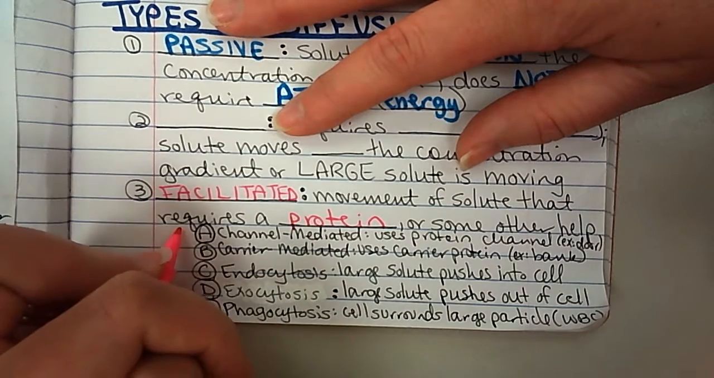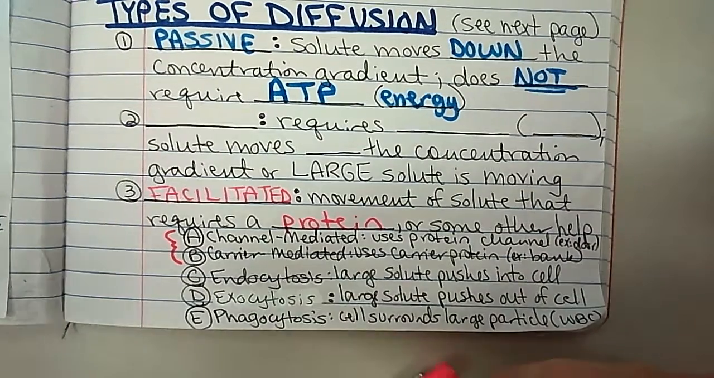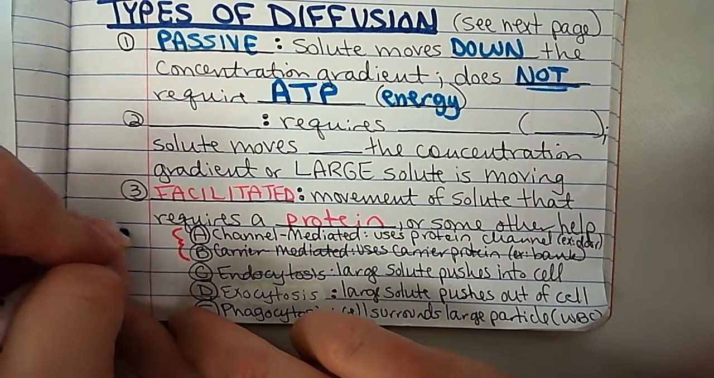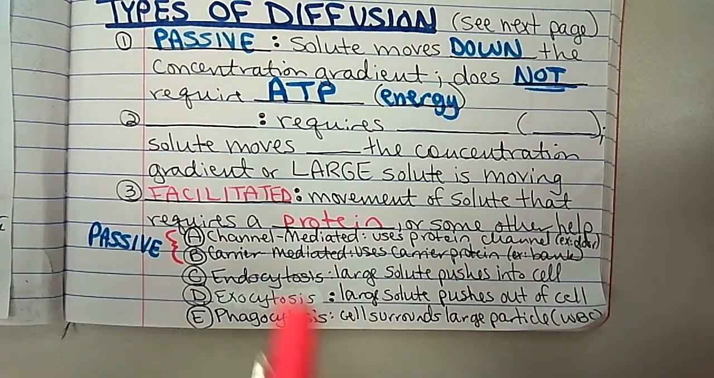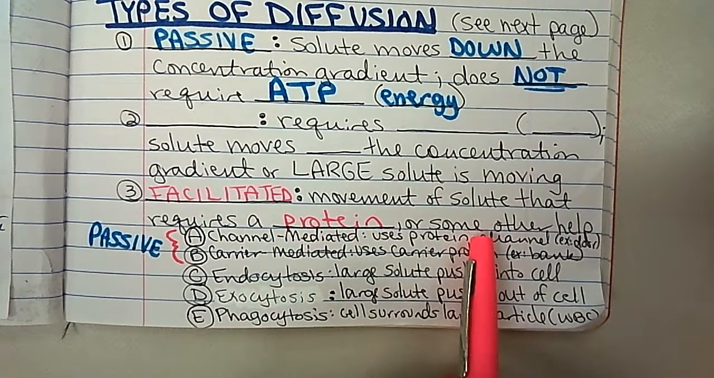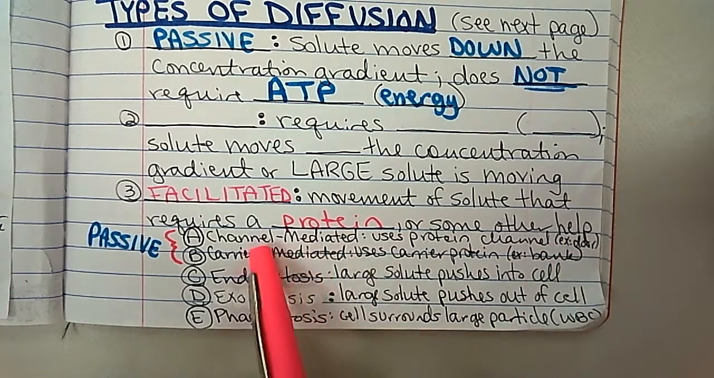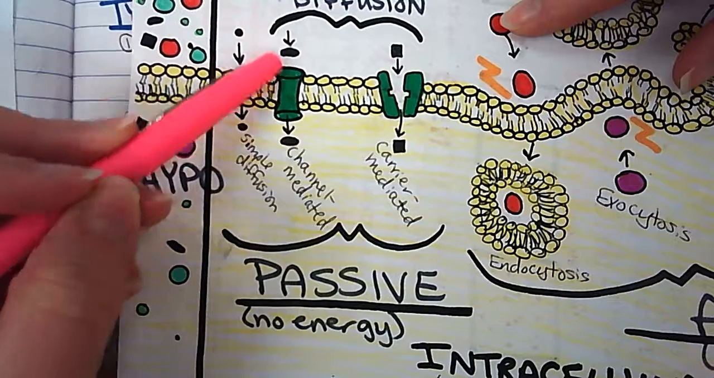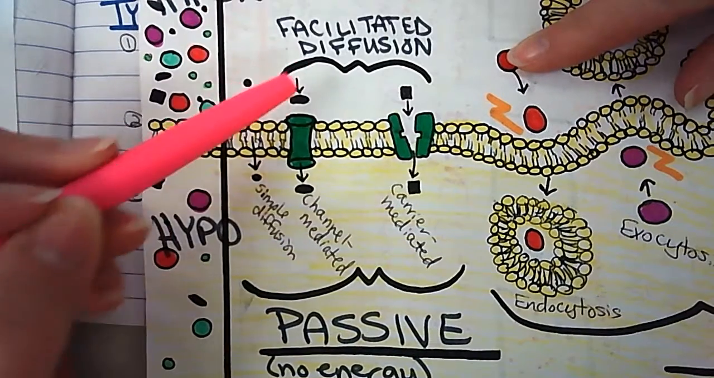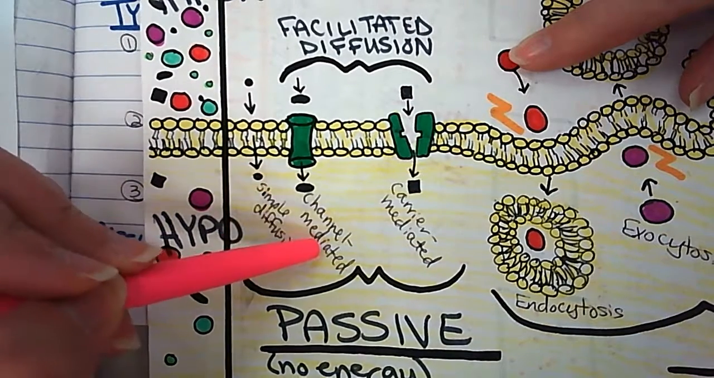Now we're going to look right now at 2 of these that are passive, and I'm going to use the same color right here. These are passive facilitated. So if it's just channel mediated, it uses a protein channel. I kind of think of that like a door. If you can fit through it, you're welcome to go through it. So channel mediated is this one right here. It is passive as long as it's going from a high concentration or hypertonic to a hypotonic low concentration, moving